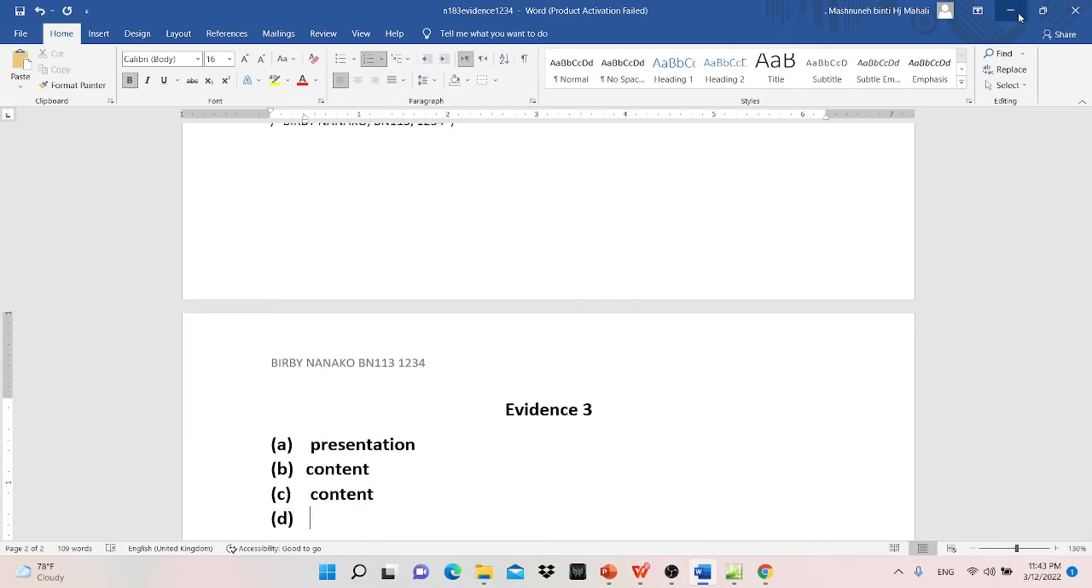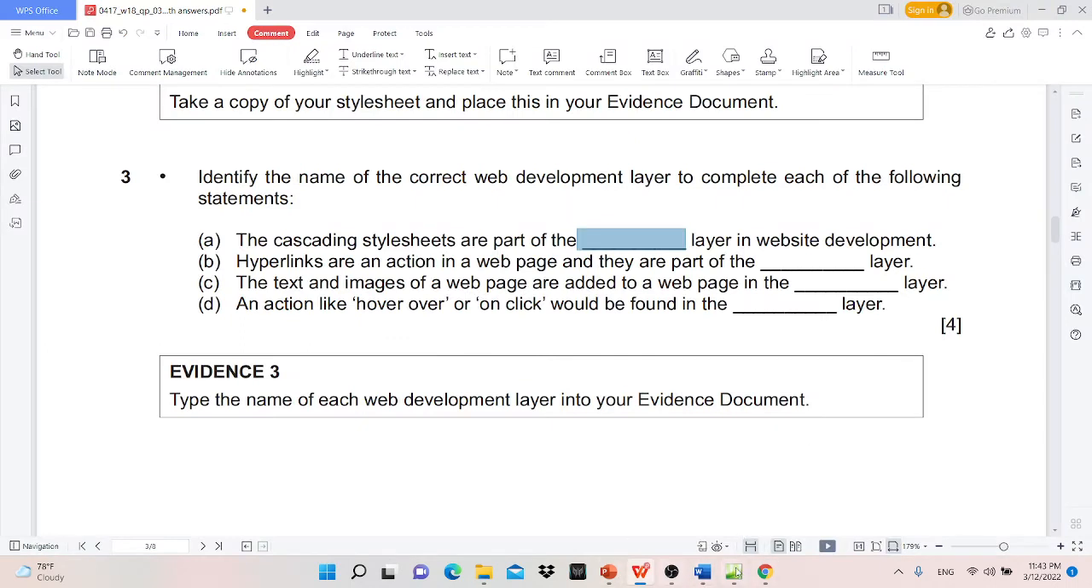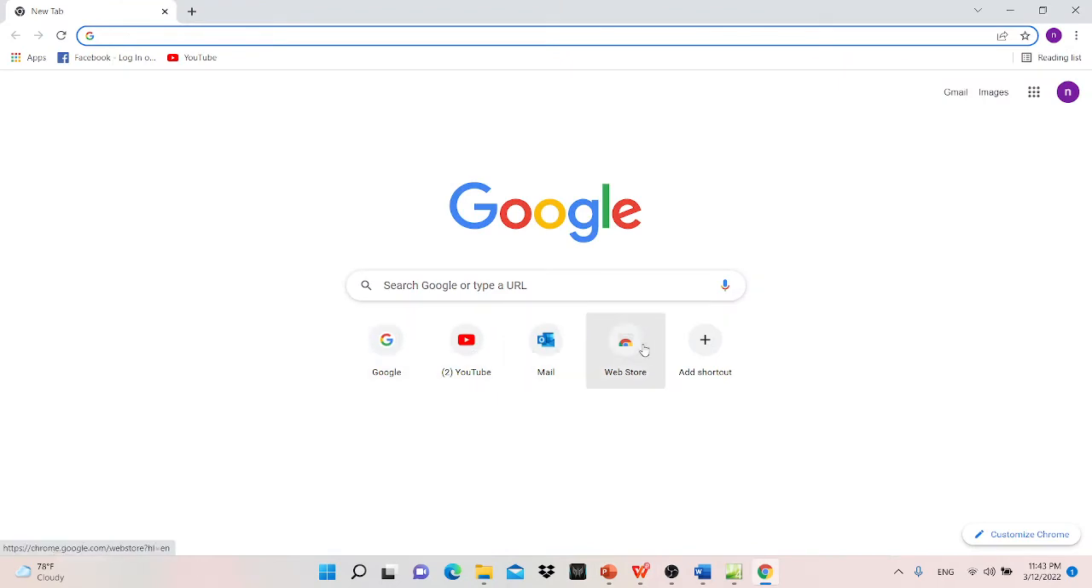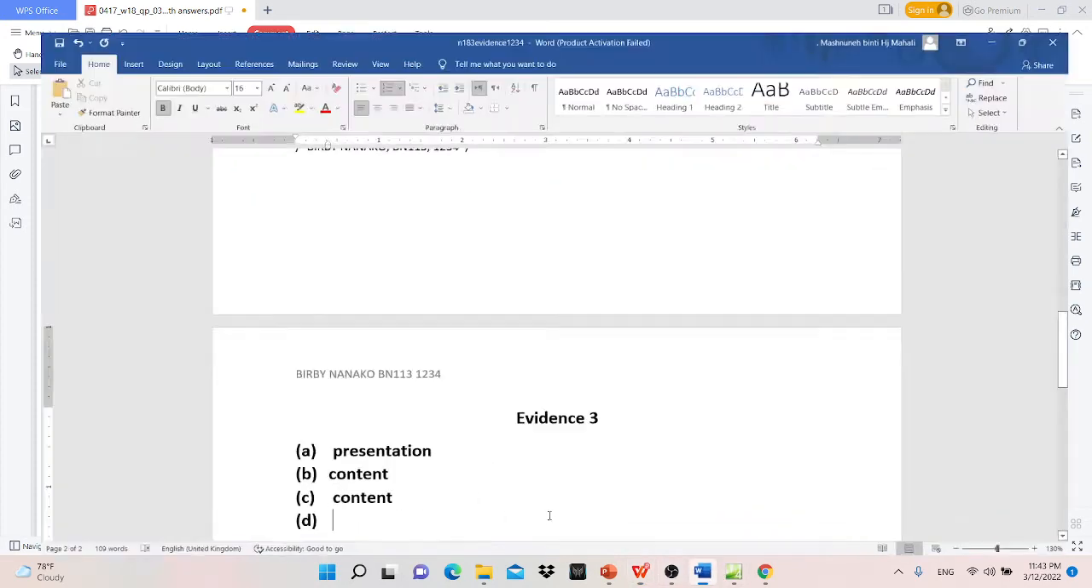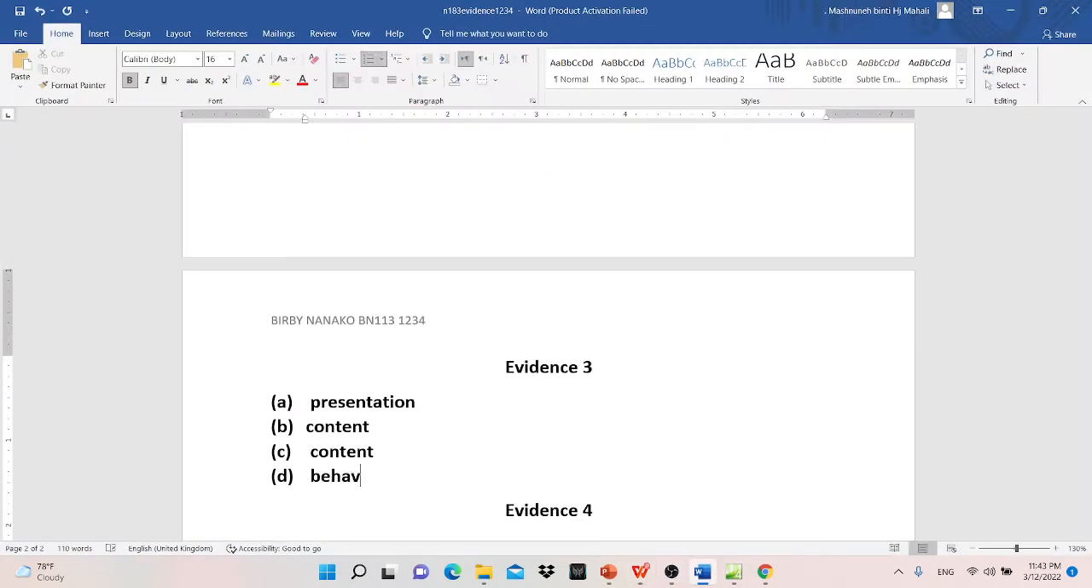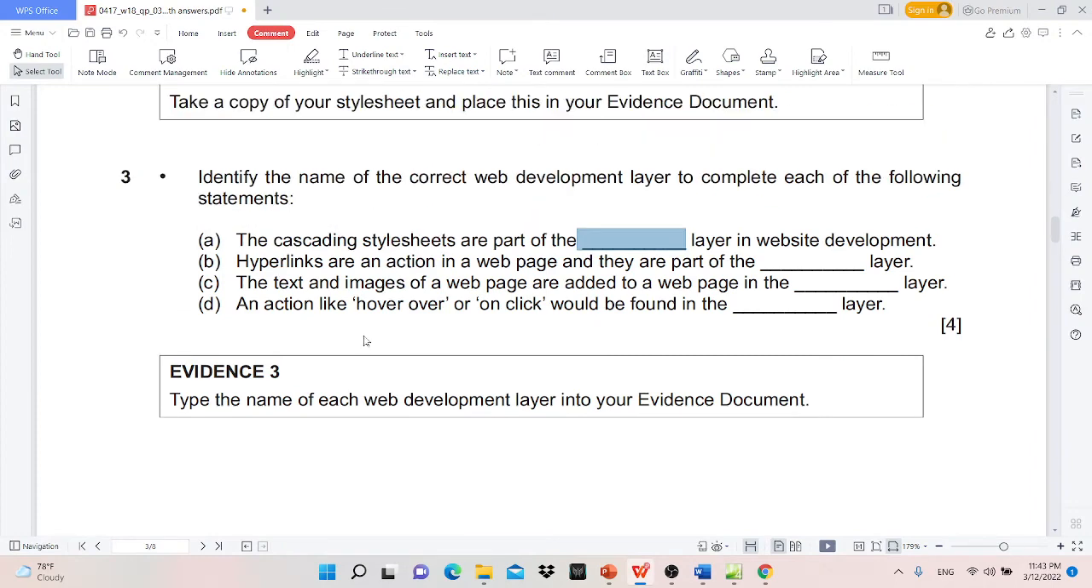And then the last one is an action like hover. Just now when I was talking about hover, hover means you move your mouse, and then there is a grayish square. That's called hover, and it is actually the behavior layer. So you go to your evidence document, and you type in behavior. And then make it a habit to save your evidence document. And then the next one,